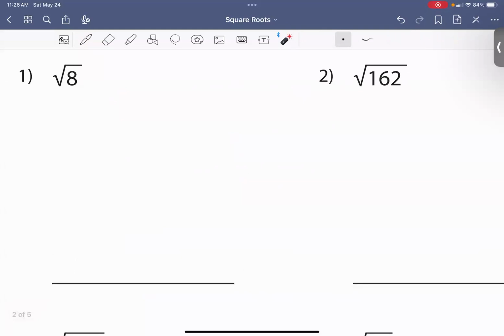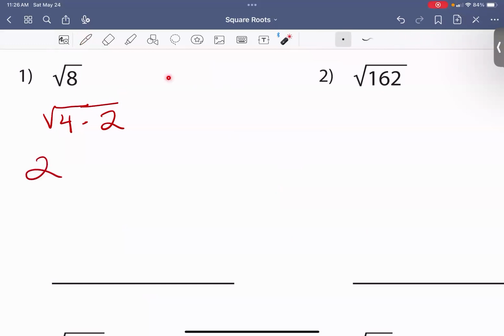So I know that 4 is a perfect square and that 4 times 2 will give me 8. So I'm going to rewrite this as the square root of 4 times 2. Now I know the square root of 4 is 2, so I can take this out of the radical,